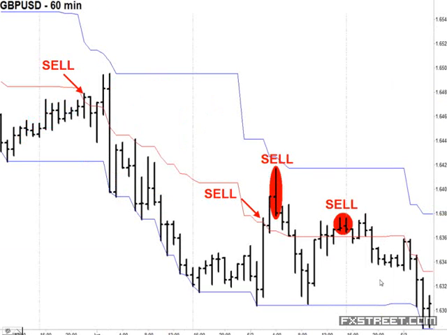Here's a 60-minute chart of the British pound in a downtrend. Once again, even though we may have this sideways movement from time to time, remember, all that matters is where we were coming from in the last channel. And we were coming from a higher place, so this is still saying that we're going lower, a lower directional move. Here's an aggressive entry to go short on an hourly chart, and trend resumes. Here's another aggressive entry, but it would have been wiser to take this more conservative entry as the bar was completely above the midline. And then here's another conservative entry before trend resumes lower.